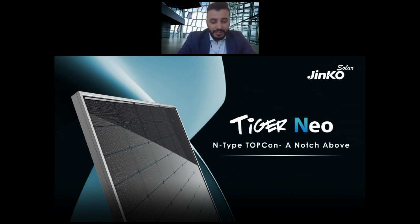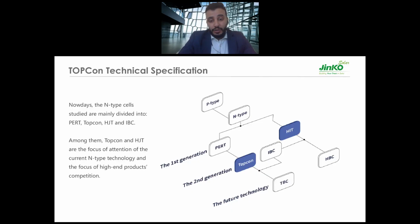Now we're going to just discuss the technical advantages that this module is offering to the market now. And of course, we're going to discuss the financial impact of these technicalities. As Sebastian said, I'm not going to go into the technology a lot. They are the masters of this technology and the research about this technology. This is an improvement of an already existing technology, which is the PERT. And as he mentioned, this technology is still at an early stage, and we believe there is a huge room for improvement, which means that the scale of development in this technology is going to be